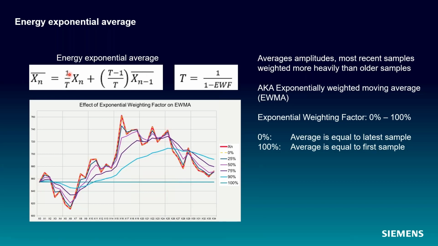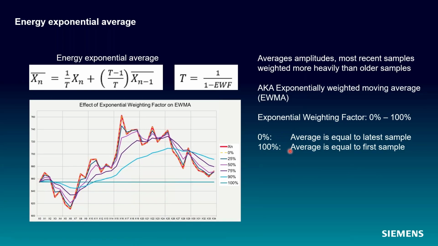So 1 over a huge number essentially gets to 0, right? This is a million. 1 over a million is essentially 0 times the new data, where a million minus 1 divided by a million is essentially 1. And so this is why my pre-existing average for 100% just stays the whole time. Whereas if I make this something small, like 10% or whatever, then this coefficient gets bigger and this one gets smaller.